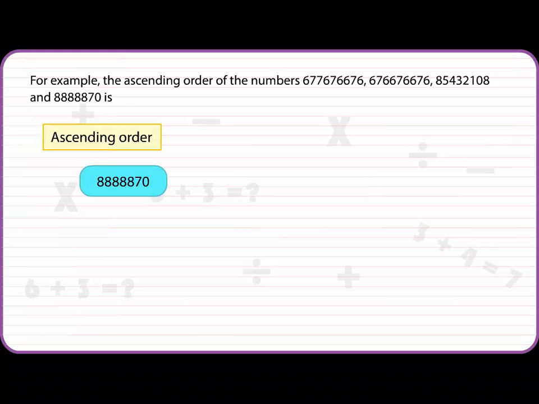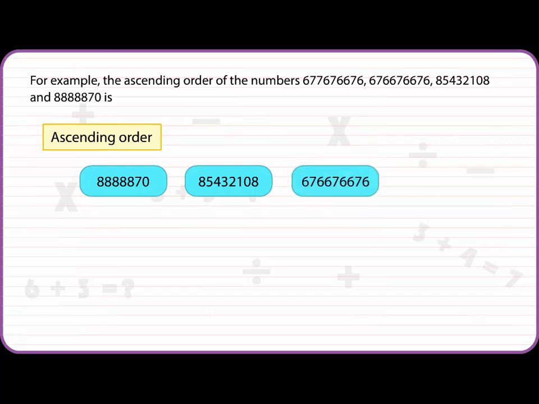Ascending order: 88 lakh 88,870, 8 crore 54 lakh 32,108,